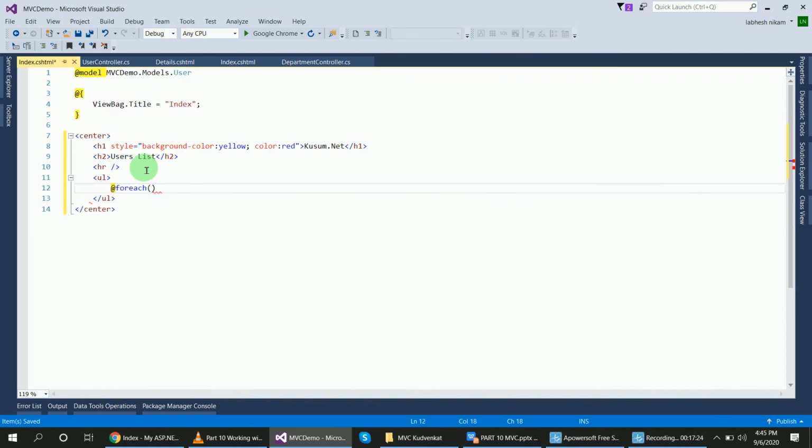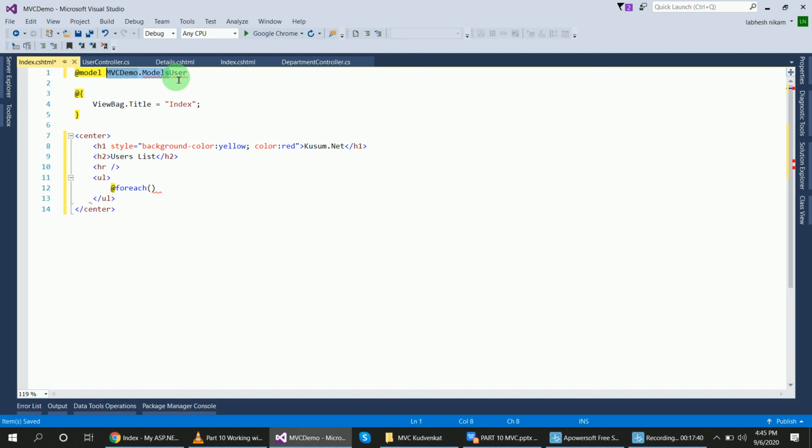So in this user index view page I will display the list of users. So here also like that we will add IEnumerable, because we want a list of users.